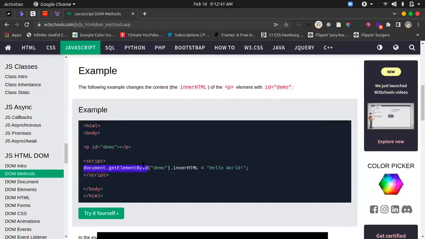So what we are saying is we are targeting this inner HTML, like what should be inside that tag, and we are setting it to hello world. You see what this is now. They said it's equal to hello world. So this is kind of like the approach that will be taken to build apps. Probably when you want to set certain interactivities at different points in time, we'll be using these methods